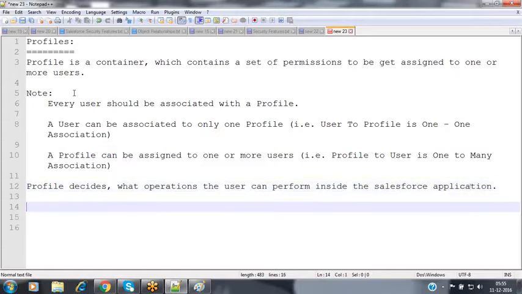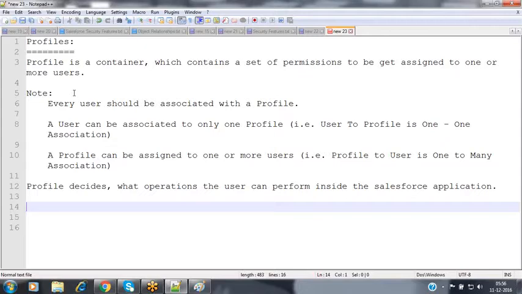Whenever you use the profile to assign visibility to the users, upon creating the user, we have to select the profile. While creating the user, profile is a mandatory field. Without selecting the profile, we cannot create the user record.